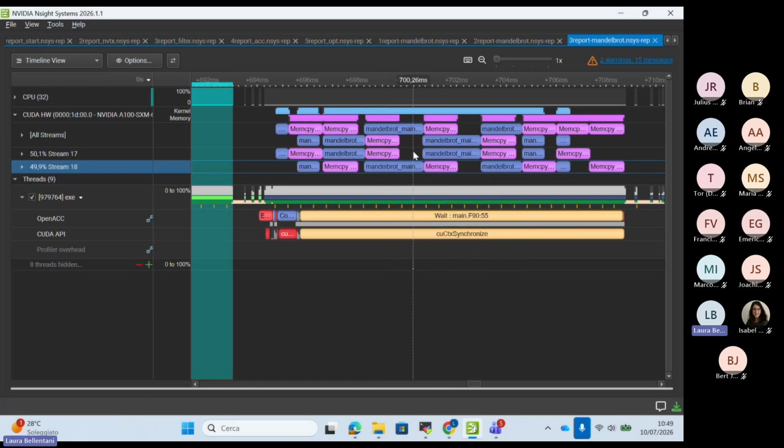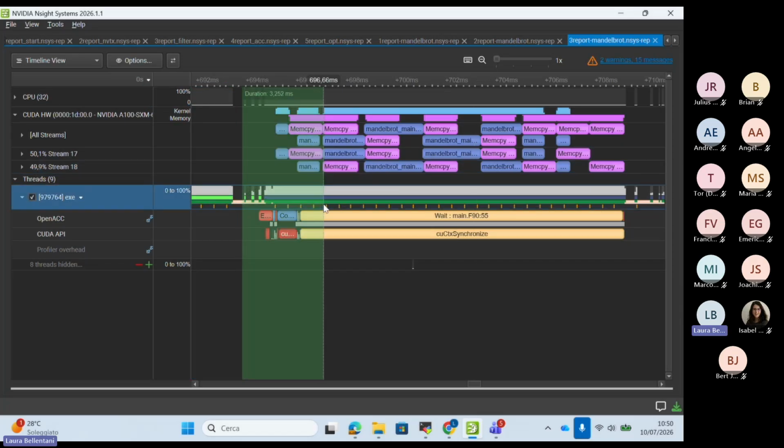You can also see some gaps, probably because here the computation is taking too long with respect to the amount of time spent in data movement. And this might suggest that maybe I have to increase the number of queues or change the block size in order to improve the performance and the overlap of this data movement and computation.